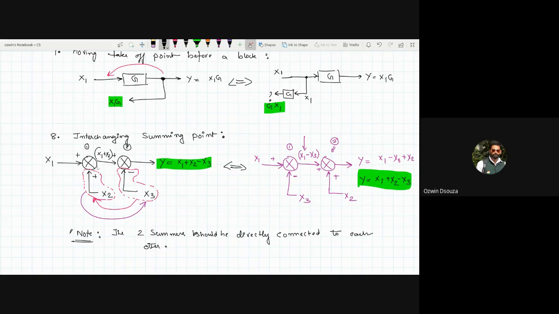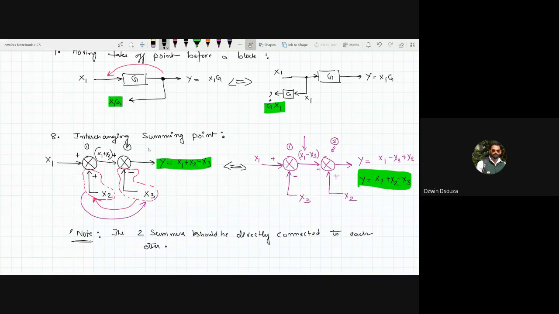In a sense, there shouldn't be any block in between the two summers. As you can clearly observe, between summer 1 and summer 2, there are no blocks in between. If at all there is a block in between the summing points, then you cannot think of interchanging the summing points. So always remember, you can apply these rules in block diagram reduction technique, provided you find the exact replica,